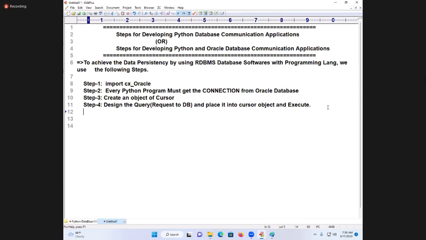Now I will say Python executes and gets the result. I will write here itself, gets the result. This is what I am writing under step number 4. Designing as well as executing and bringing the result. Step number 5, process the result. The Python program must process the result,